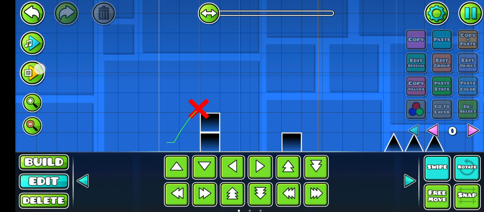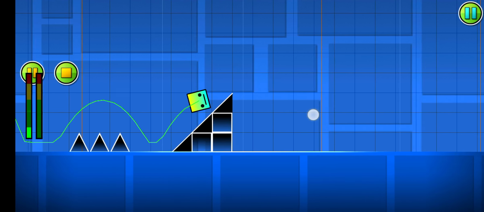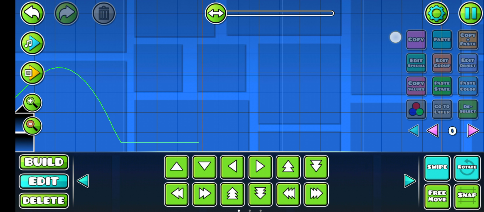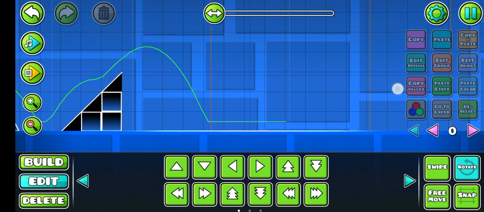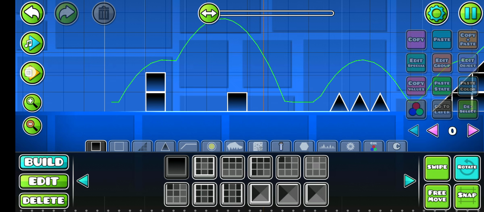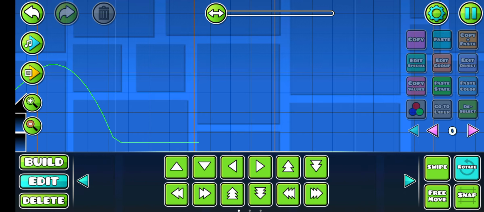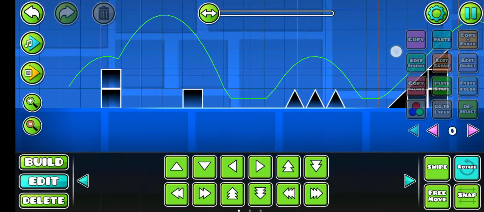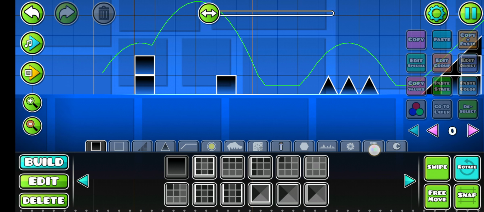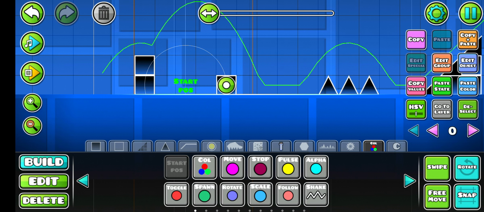Now see, if you look at this level, it looks like a pretty normal level. Except that when you are creating a jump dash level, you don't want to feel frustrated always play testing the level from the start. So to make this more efficient, we can place a start post anywhere. For example, if we place a start post here,